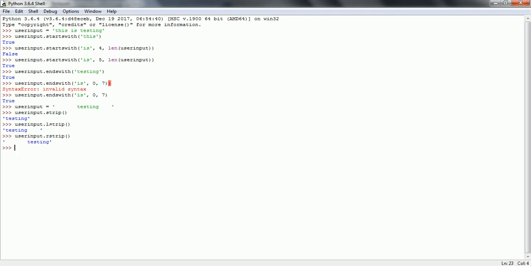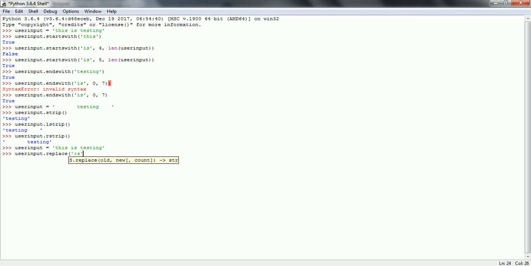Okay, so it is going to remove from the right hand side. Now let us consider if you want to replace a particular word with another word, then how we are going to handle that use case. So this is testing. Now I want to replace "is" with some other word, then input.replace